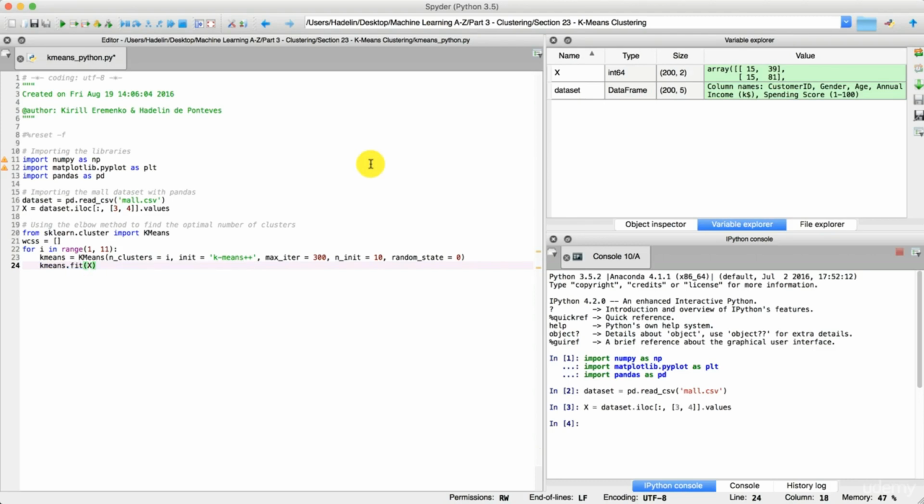So fit is a method of the class KMeans that of course fits the k-means algorithm to your data. And now let's do the second thing, which is to compute the within cluster sum of squares and append it to our list WCSS. There is actually another name for within cluster sum of squares, and that's called inertia. And thanks to the awesome scikit-learn libraries, there is actually an inertia attribute that computes the within cluster sum of